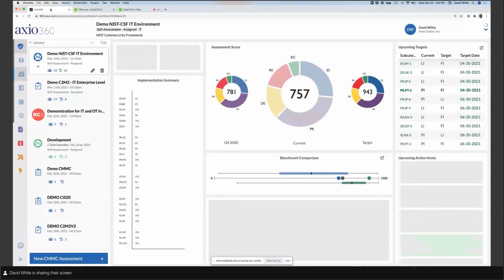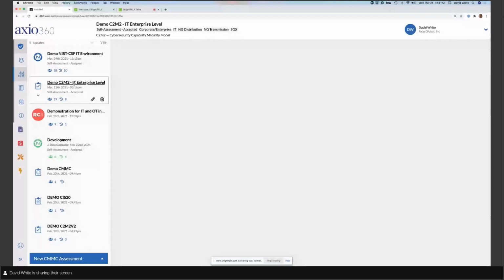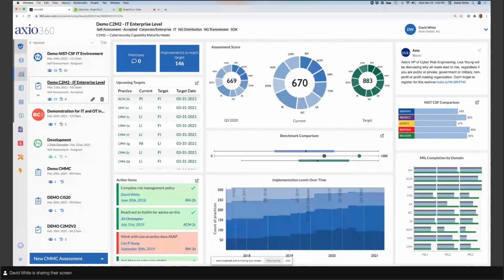To the question about how C2M2 maps to NIST CSF, well, there is definitely overlap. And in fact, Dave, I think your model is the perfect example of feathering out the overlap, right? Yeah. So